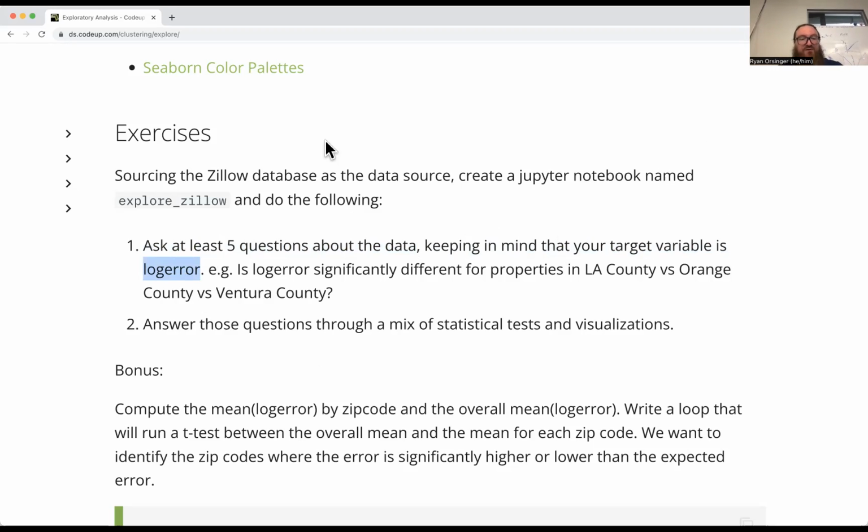So have y'all noticed that you get tax information on the Zillow data set, but you don't actually get Zillow's prediction? That's because Zillow ain't gonna give it to you, right? They certainly don't want us to figure out their algorithm, right? That's protected. Even if this is 5 years old, they still don't want us to figure it out. But what they are providing is this thing called the log error, which is,